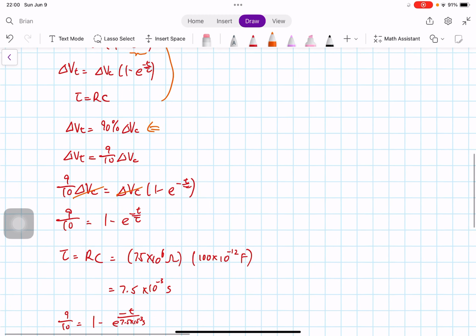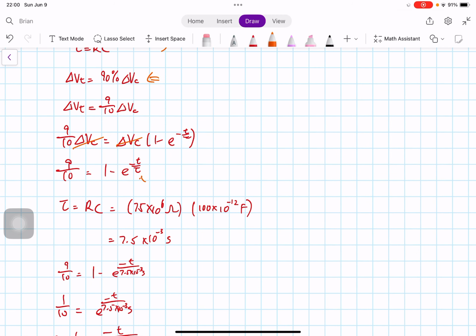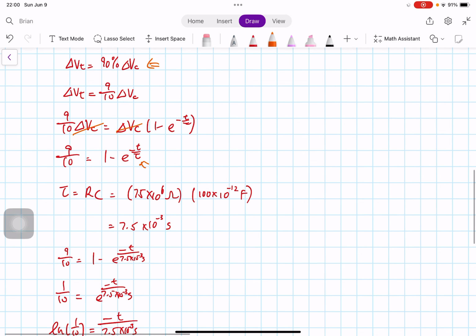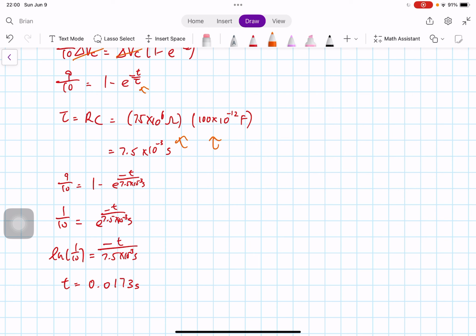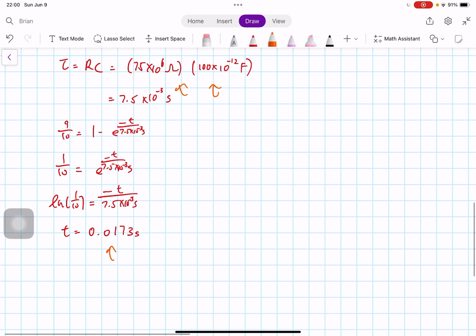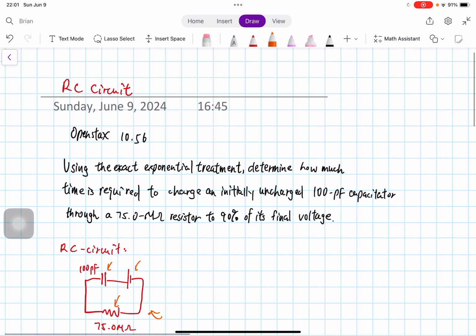After I cancel out delta VC, the only thing left to do is to find tau, and then I could find t. So tau is equal to RC, and I have the R and C values in the problem, so I just plug in the values here and then solve for t. After I solve for t, I have 0.0173 seconds. That means that if I charge the capacitor for 0.0173 seconds, then the capacitor would reach 90%